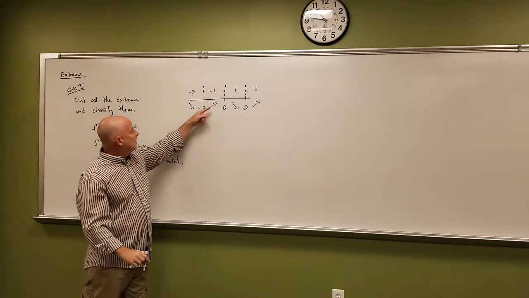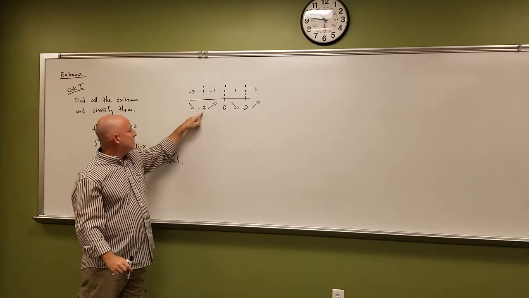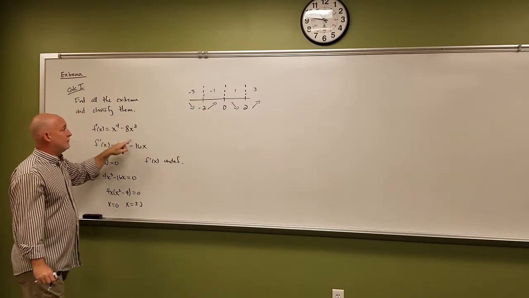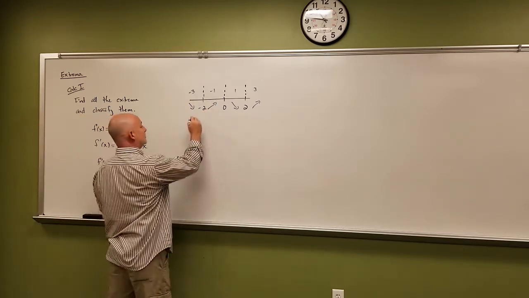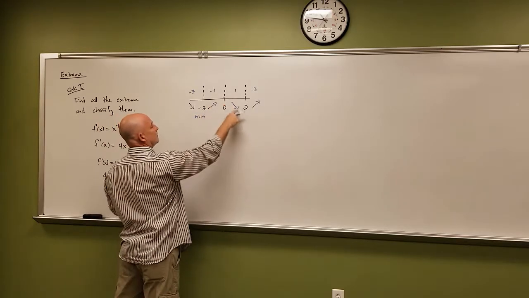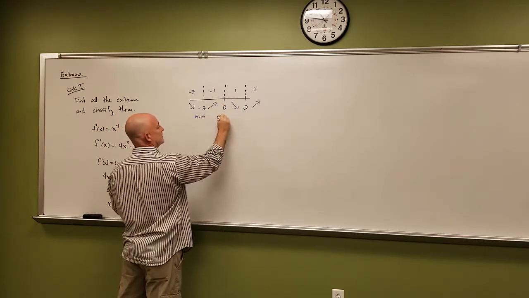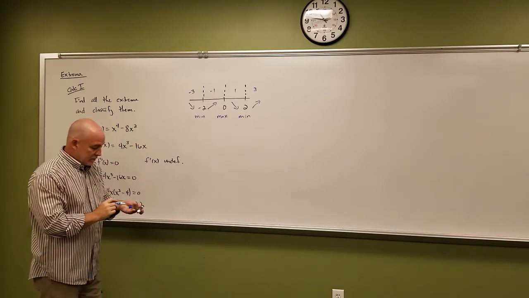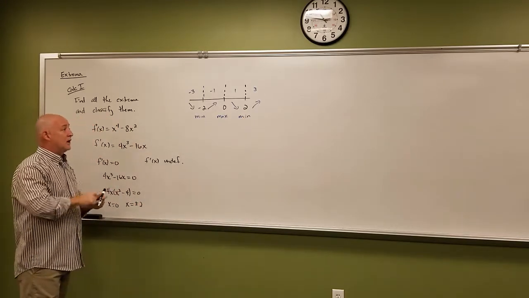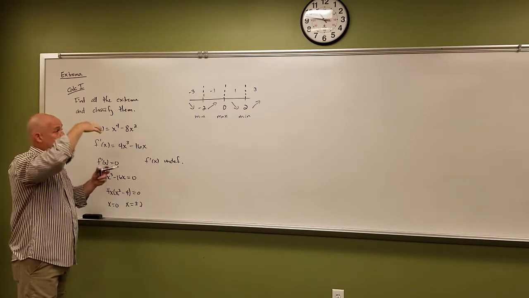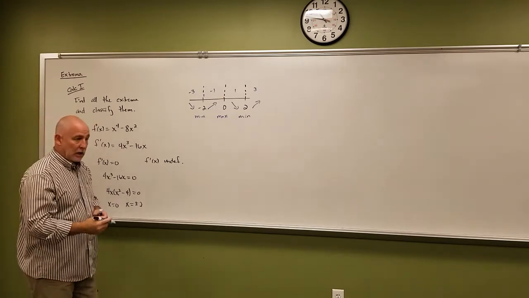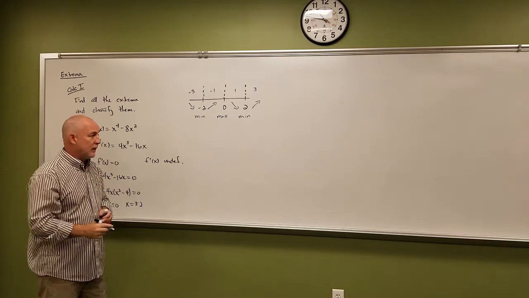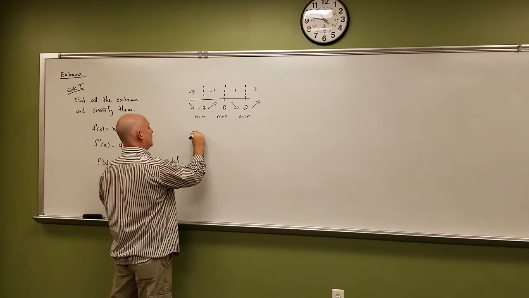And you could have seen that here, since it's decreasing and increasing and -2 exists on the graph, that this would be a minimum. Since it's increasing to decreasing and it exists, that would be a max. Same idea here, that would be a minimum. So that's one way that you could have justified saying that those were extreme points and they were maxes or minimums. But there was something else you may have learned there, something called the second